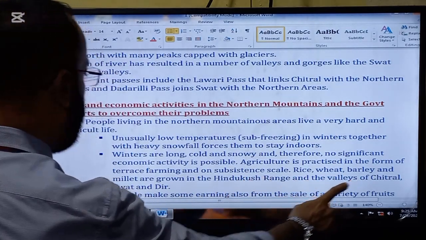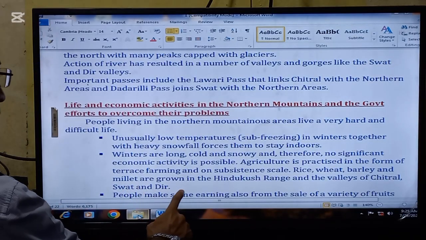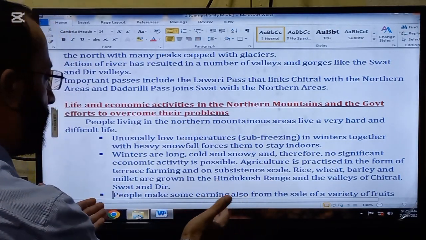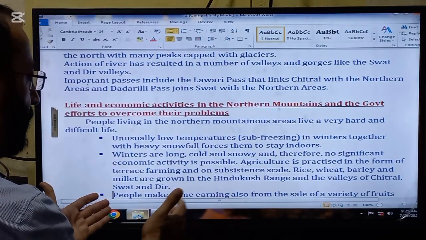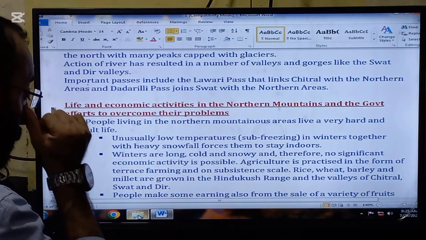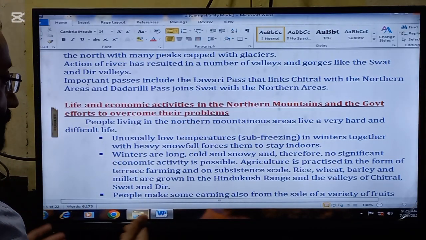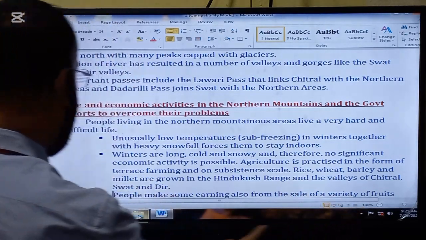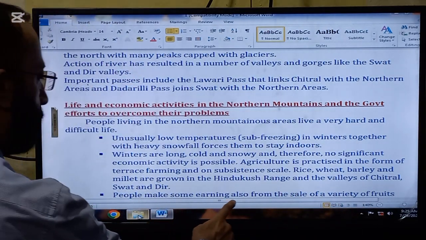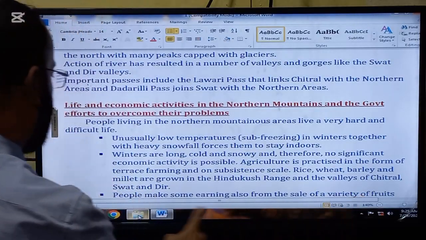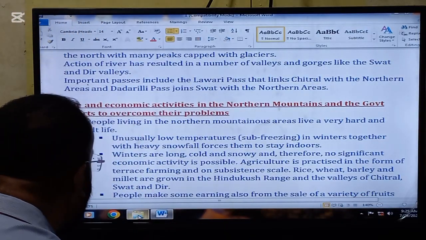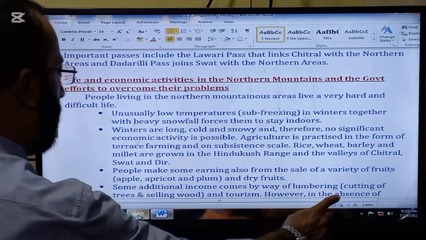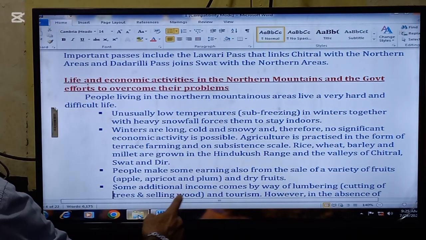Agriculture is practiced in the form of terrace farming and on a subsistence scale. Subsistence scale stands for they only grow vegetables and fruits for themselves only. Rice, wheat, barley and millet are grown in the Hindu Kush range and the valleys of Chitral, Swat and Dir. People make some earning also from the sale of a variety of fruits, apple, apricot and plum and